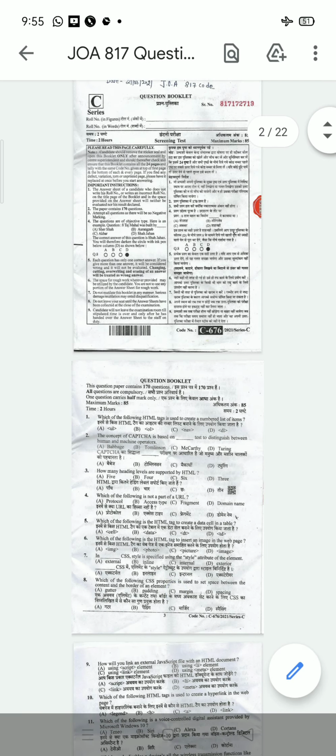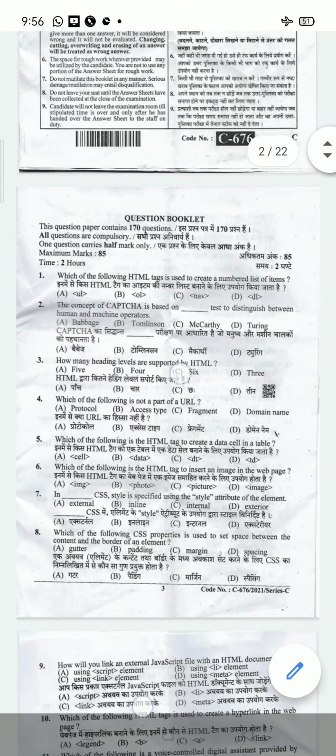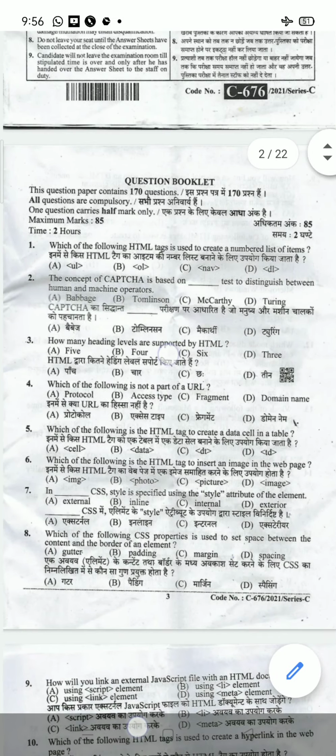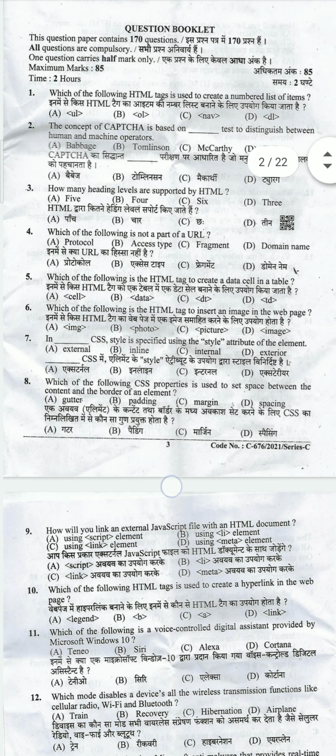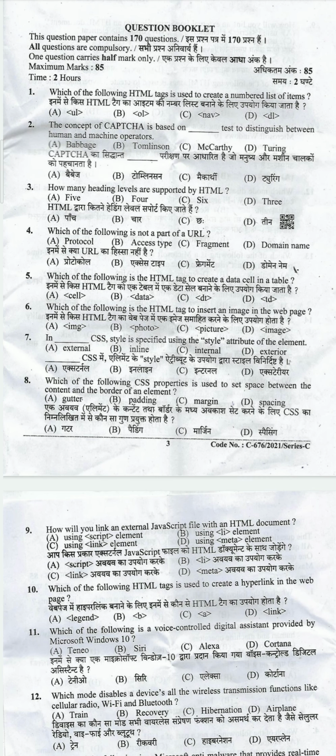In question 7, in a CSS style specified using the style attribute of the element. The answer to this question is option B. Question 8 asks, which of the following CSS properties is used to set space between the content and the border of an element?